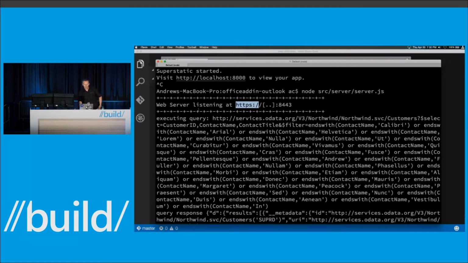So I'm making a call, and you see it's looking at all these different things. It even thought that Arial was somebody's name, which it actually is, but Helvetica I don't think is somebody's name. It's because this email that I sent is actually an HTML email, so even Calibri's in there too, but Calibri's